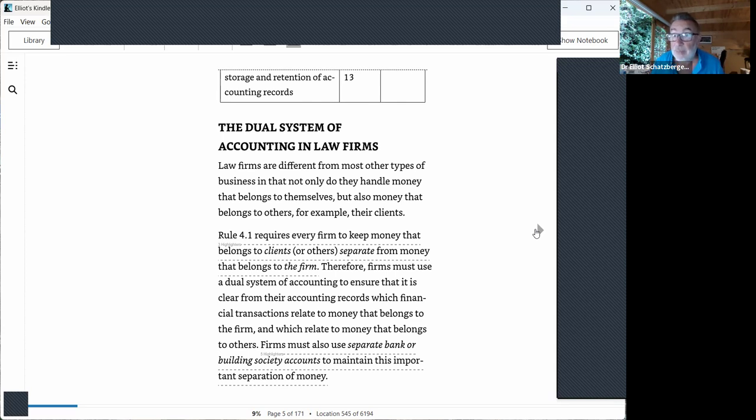It must have a name. It must be called the client account. It must also have your firm's name attached to it. So it might be the client account Yulia LLP as an example. Okay, so it's got to have the name of the firm, not the individual partners of the firm, just the name of the firm,